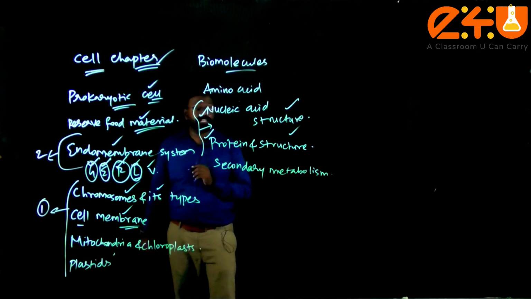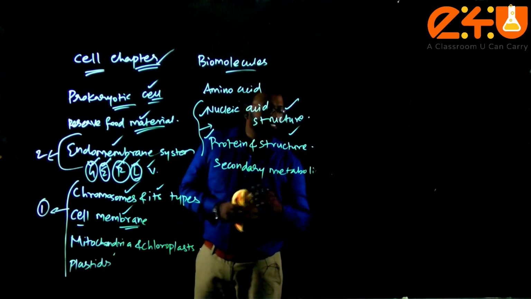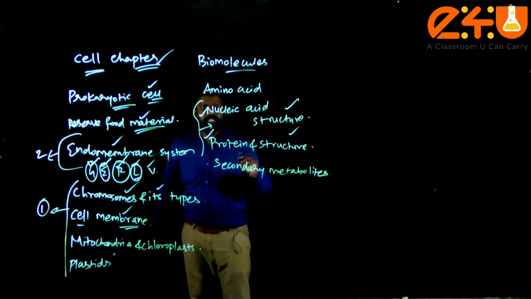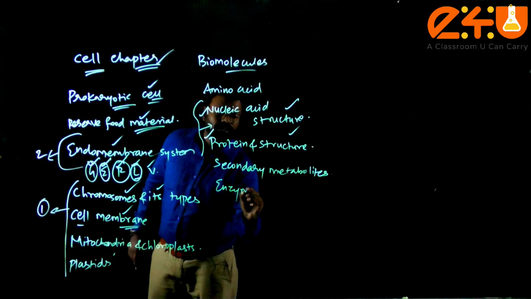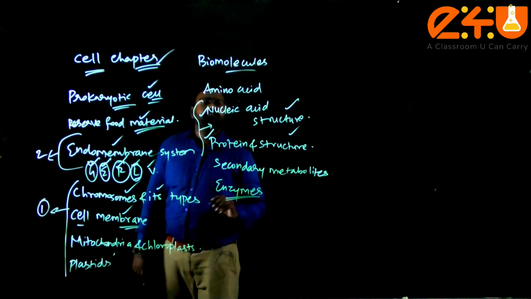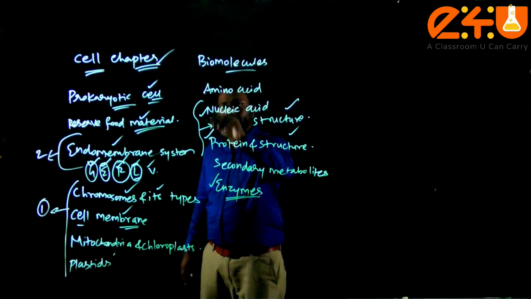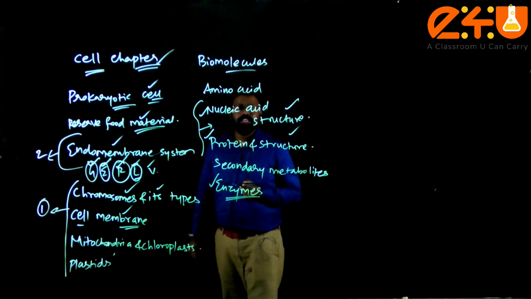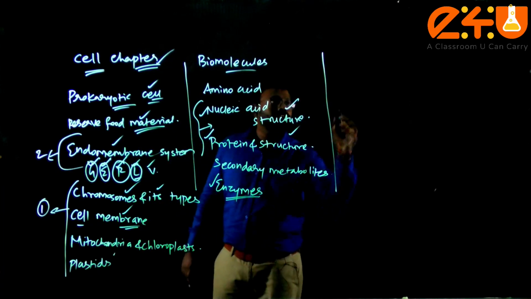Secondary metabolites that plays a role. So these secondary metabolites. After that, enzymes area you need to focus more. From biomolecules, 1 MCQ is expected, especially on the enzymes, and these sticking areas you should focus more in case of biomolecules. After this biomolecules, in this unit your focus should be more on